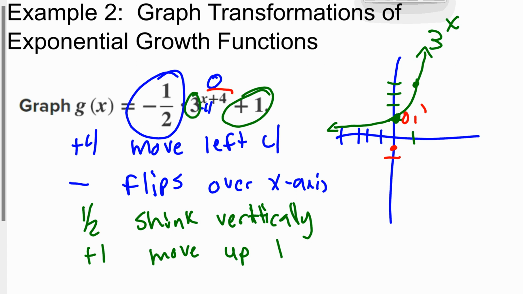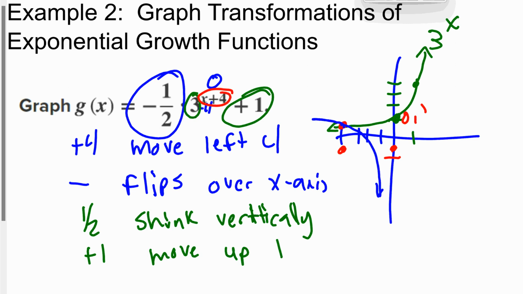Okay, then this +4 is actually going to move this point right here left 4, so it looks like this, but because it flipped over the x-axis, it's going to look now like that. So it's kind of going to go that way because it's flipping over the x-axis. Okay, and then this +1 is just going to move it up 1, so it looks something like this. And so in the end, it will look like